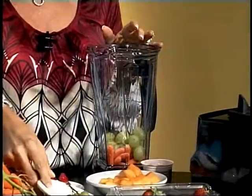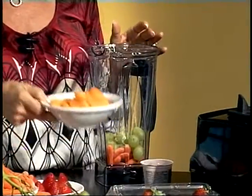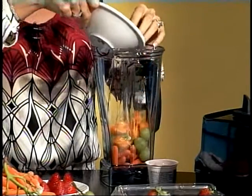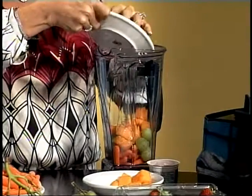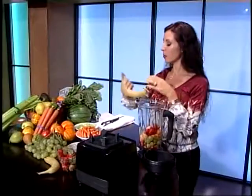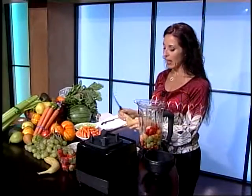fruit into them. So we're also going to add some grapes. Add your grapes in, and then you can sneak in some extra fruit. And of course, this is still going to be a banana strawberry shake, but by adding in a little extra fruit, you're going to get the benefit of different vitamins and minerals from different fruits and vegetables. Now here comes your strawberries, the important part, right? And once you grab your banana will help to actually smooth all of this out and give it a real